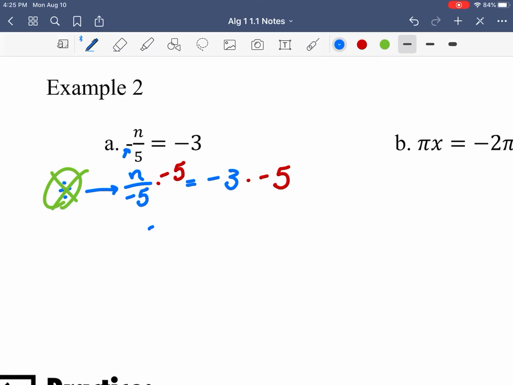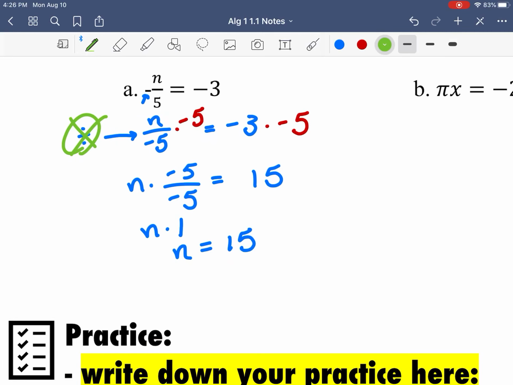Or you can think of it as negative 5 divided by negative 5, which is 1. So I'll have n times 1. Well, n times 1 is just n. That's really what's happening there, except I forgot my n out here. On this other side, we just have negative 3 times negative 5. We just multiply. The signs are the same, so it's going to be positive. A negative times a negative is positive, so n equals 15. And if you're not sure, we always want to check our work. If n is 15 up here, we'd have negative 15 divided by 5, and that does, in fact, equal negative 3. All